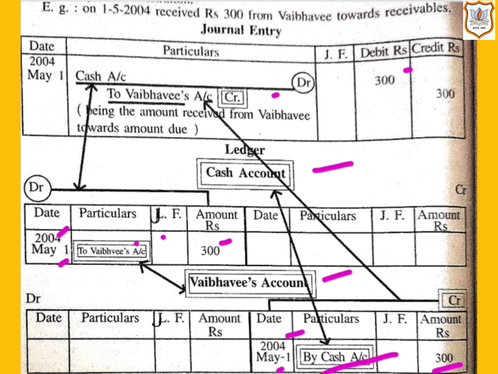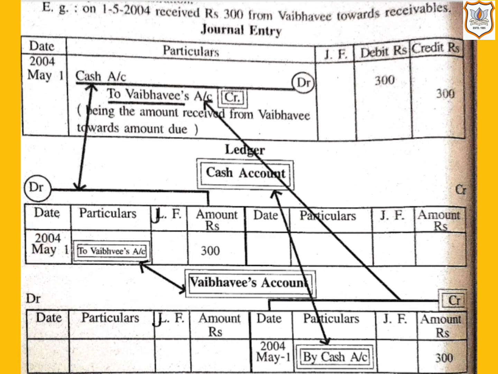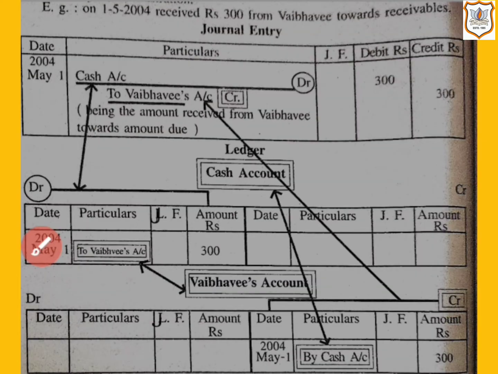So on the basis of above explanation, let us understand 2 points in brief. That is, in journal entry, the account which is debited is to be posted on its debit side, and in journal entry, the account which is credited is to be posted on its credit side along with the date and amount. In the column of particulars, name of an account having corresponding opposite effect is to be shown. So I hope you would have understood this. Let us take one more example.